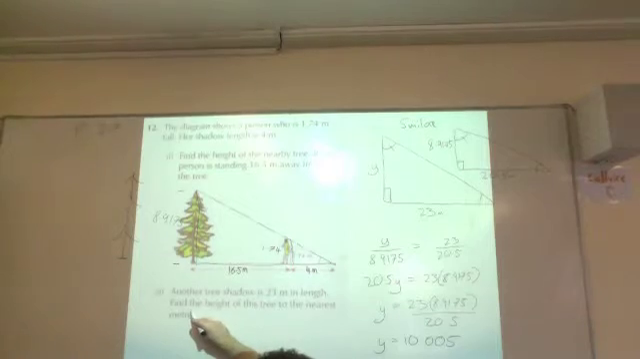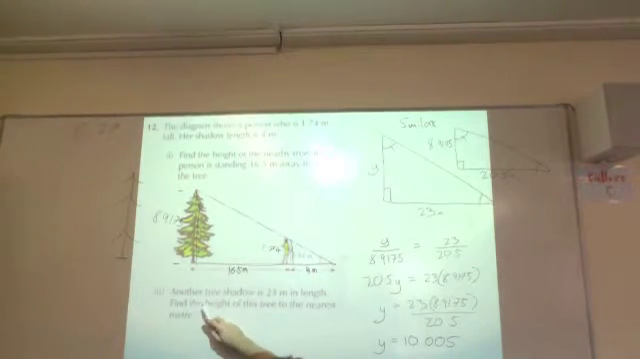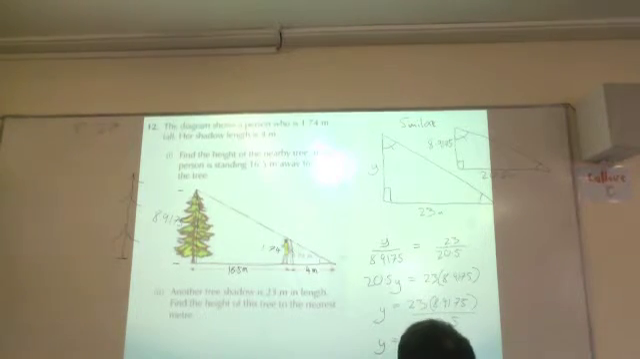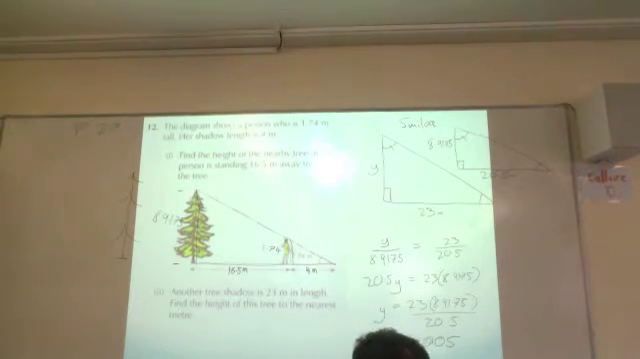But in the question, it says, find the height of this tree to the nearest meter. So our nearest meter here is obviously 10. And write a little note